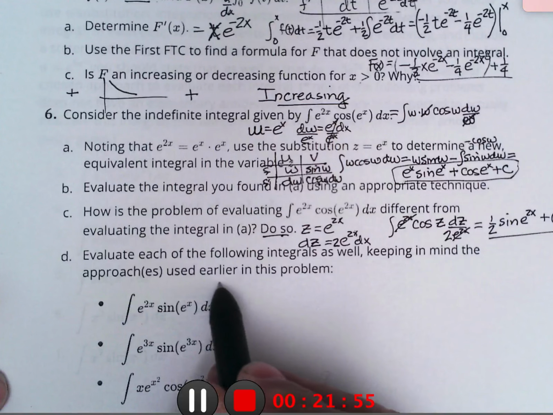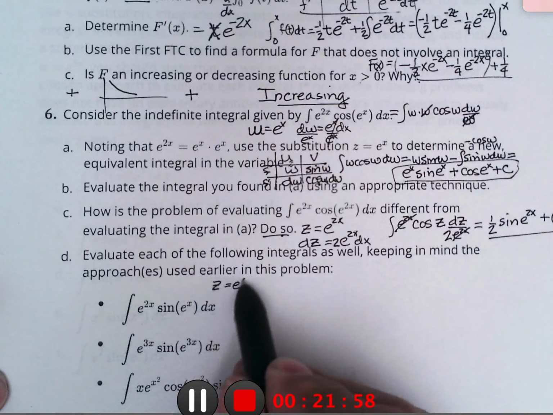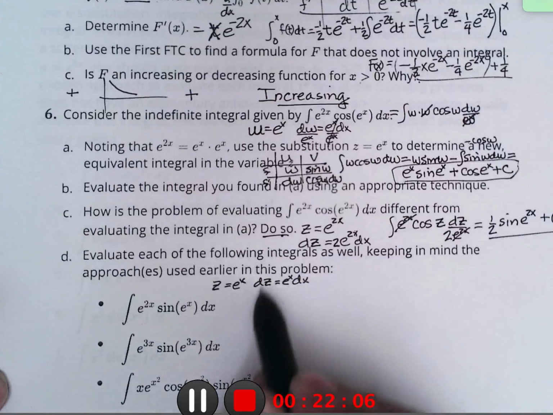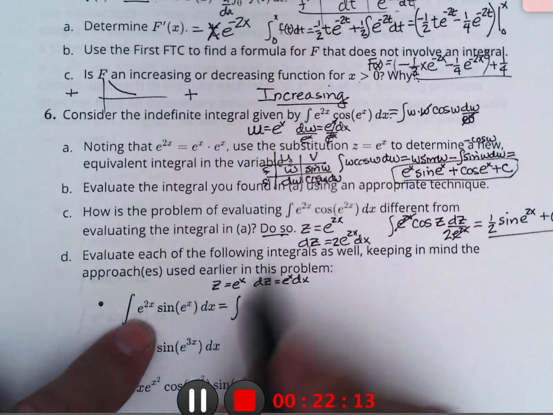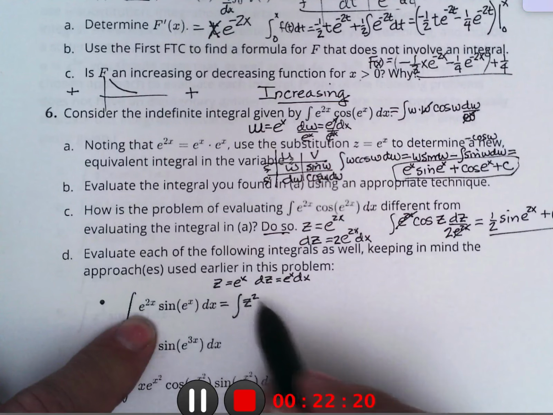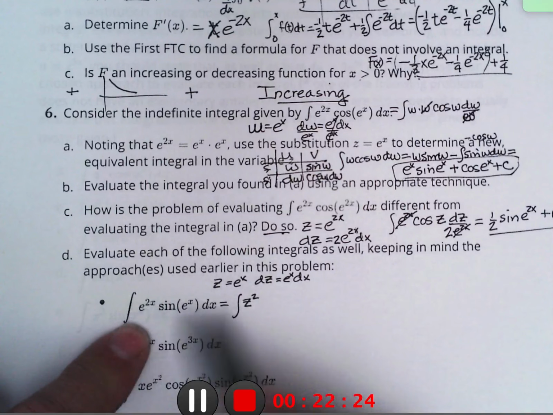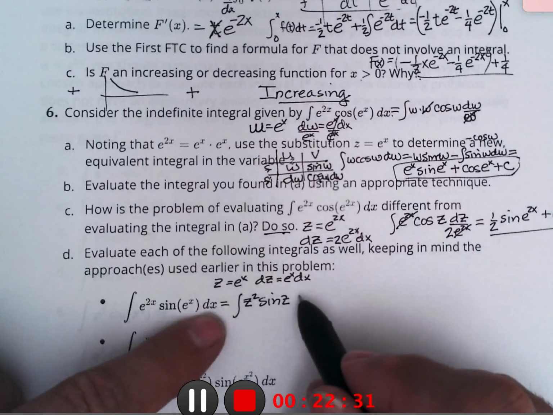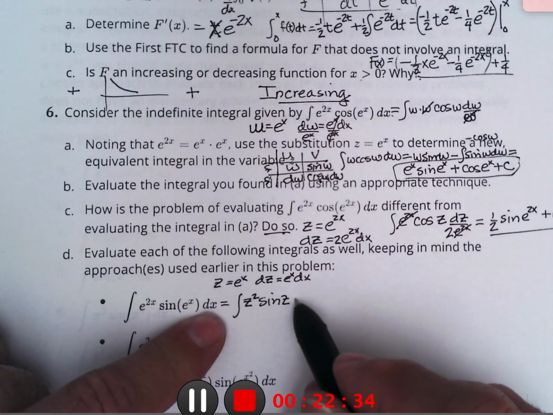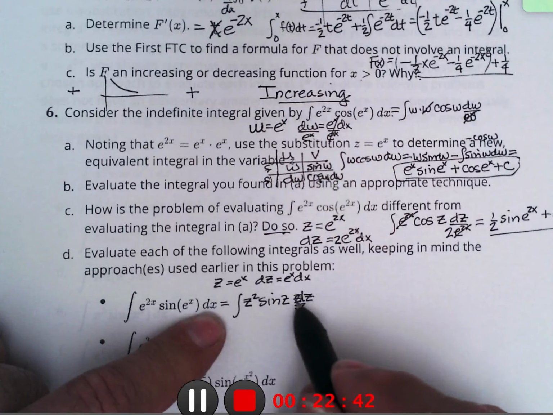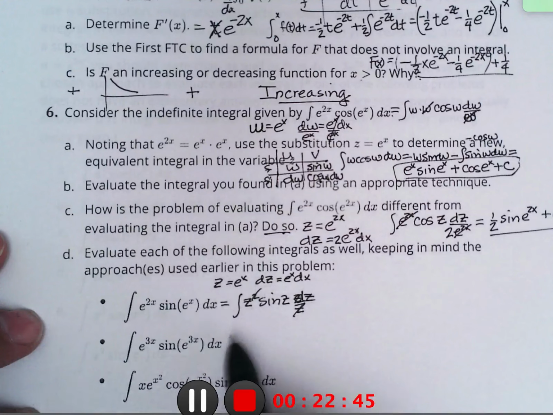If we let z equal e to the x, then dz equals e to the x dx. So this would become the integral of e to the 2x, or e to the z squared, because this is e to the x times e to the x, that sine z, and then the dx is dz divided by e to the x, which is z, and that cancels one of these, and we're going to have to do integration by parts, and so we're going to set up,